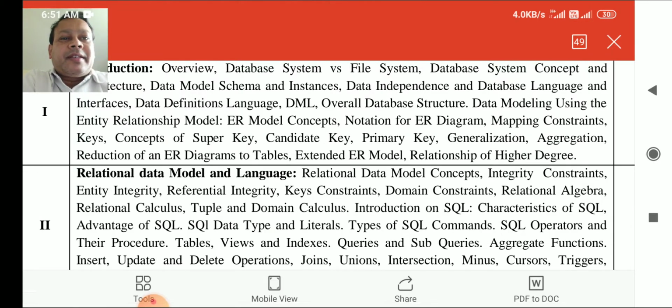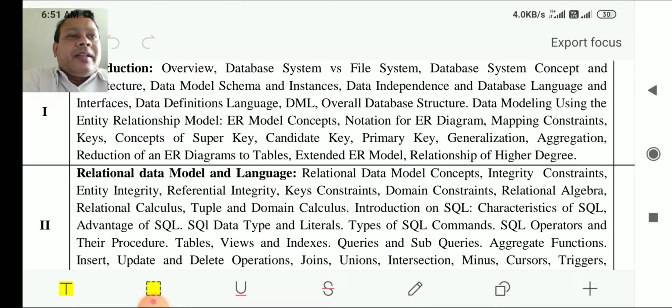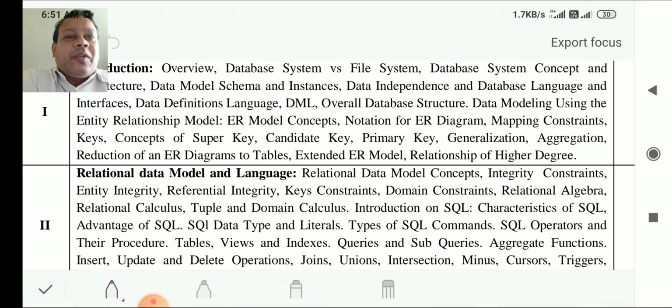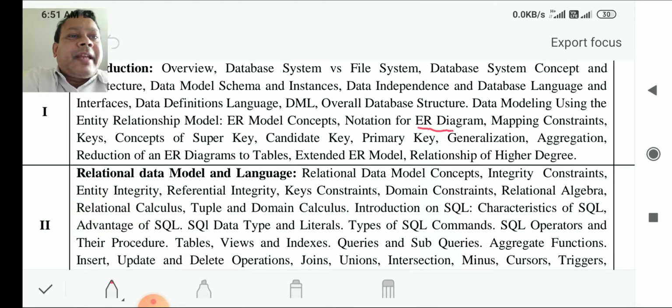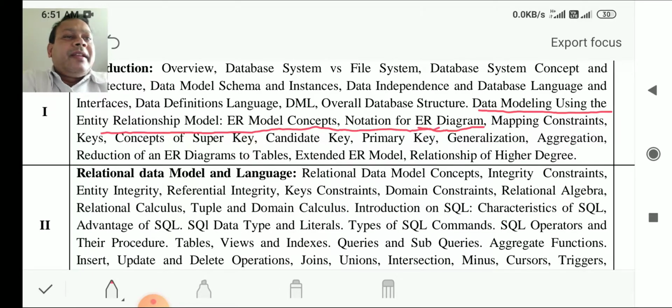So, syllabus is saying that we are going to have ER diagram. I think you are able to see. And that is data modeling using ER diagram, entity relationship model, concept notation, mapping constraint, how we are going to map one entity with another one.